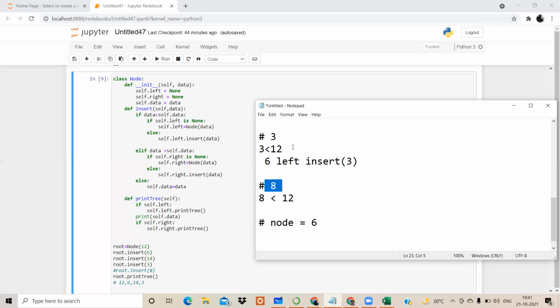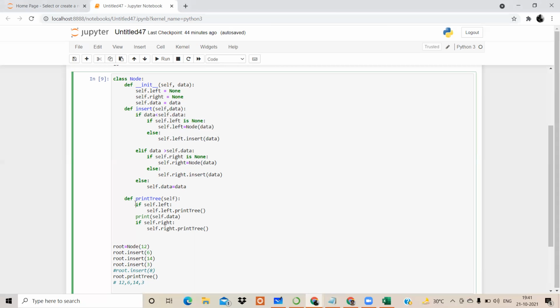Absolutely. Fine. And print में तो हम ये check कर रहे हैं if there are any elements present towards the left. The meaning of this is if self dot left. मतलब क्या? That means if there are any elements which are present in left. इसका दूसरा meaning code में ये भी होता है if self dot left is not none. So Python में इसको थोड़ा short किया जाता है. Like you can simply write if self dot left. That means if there exists any element inside this self dot left, it is the same as writing is not none. इसको short करके Python में if self dot left इतना भी लिख सकते.